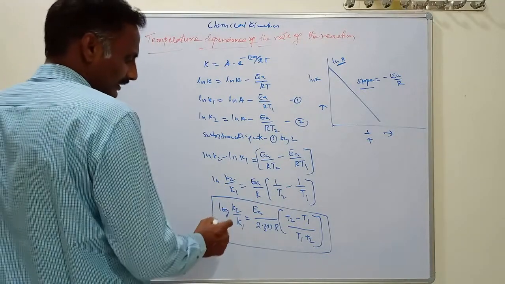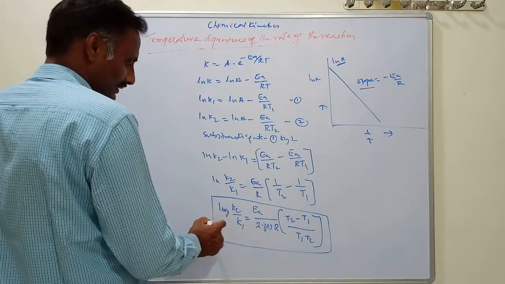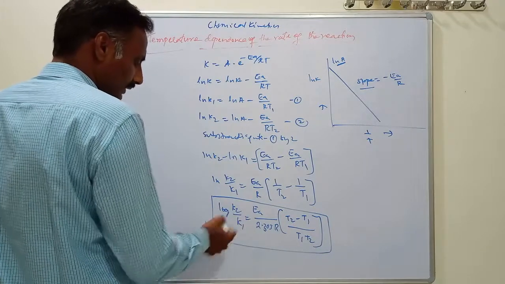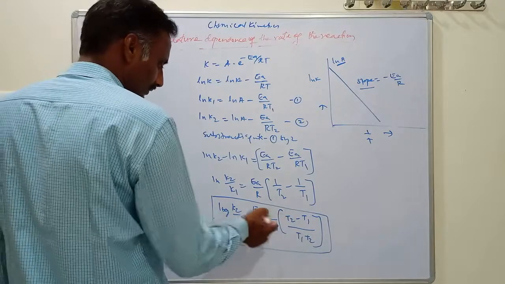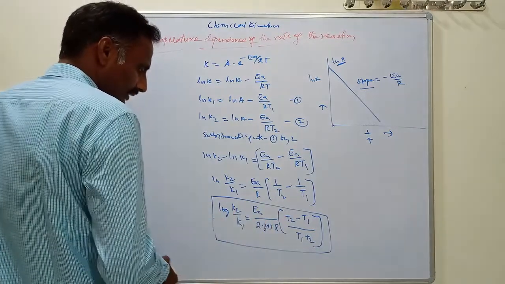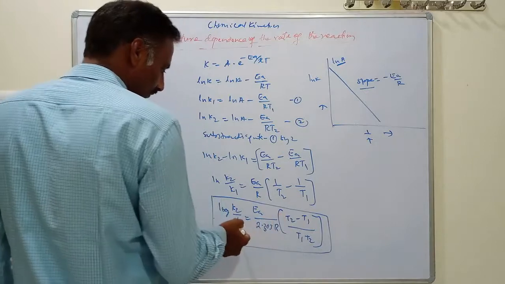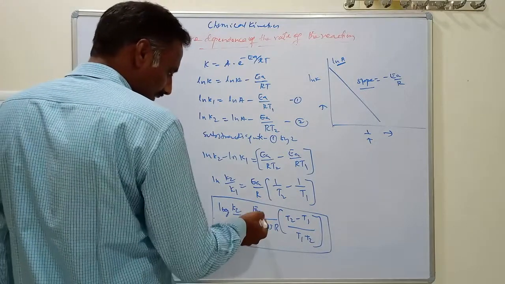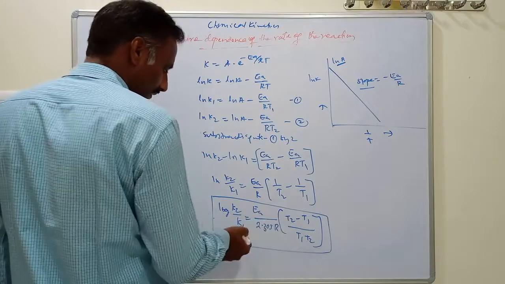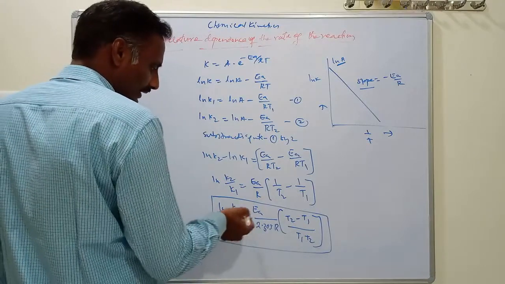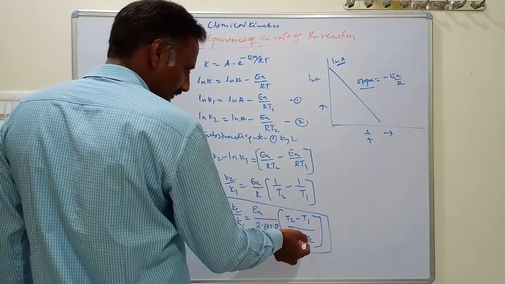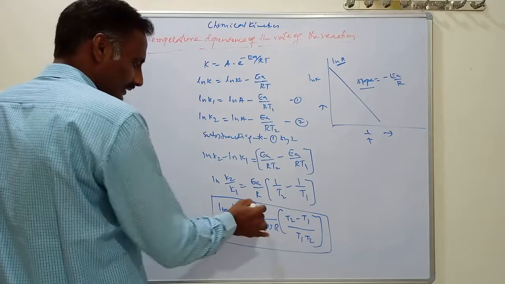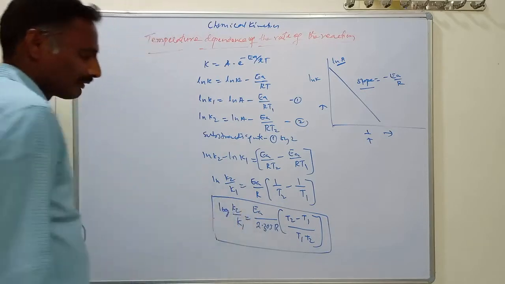Based on this Arrhenius equation, in examinations we are asked problems. By giving K2, K1 and T2, T1, we calculate the energy of activation. Or by giving T2, T1 and K1, we calculate K2. Or by knowing the energy of activation, K2 and T1, T2, we calculate K1. Or by knowing K1, K2 and EA, we calculate T2. This is the equation used to calculate energy of activation, temperature and rate constants of a reaction.